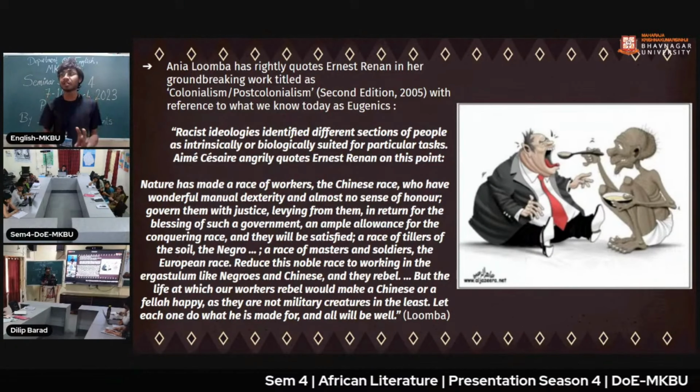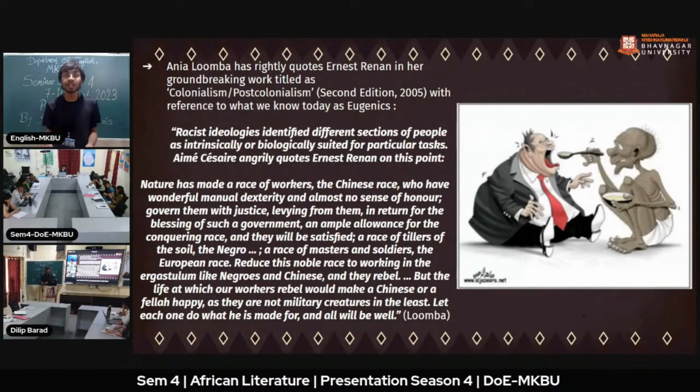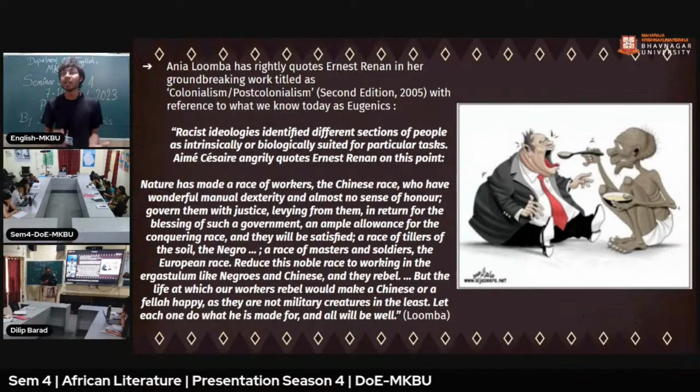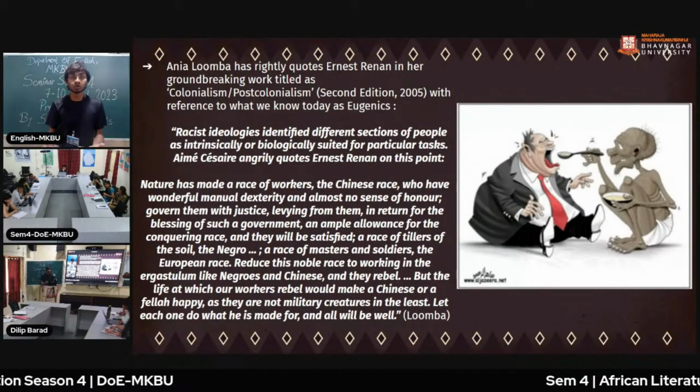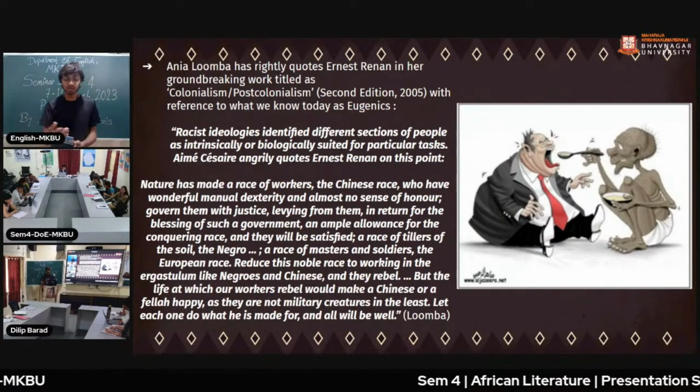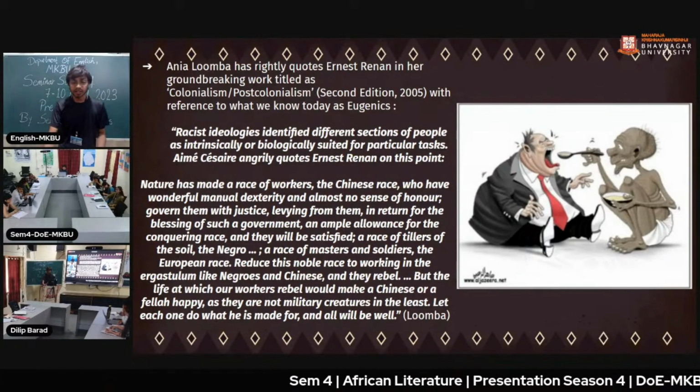So these two races, in terms of this political scenario, are very dangerous because masters are there to rule, and who will protect them? The soldiers will protect them. At the cost of whom? At the cost of the people who are going to be ruled by the masters and the soldiers as well. This is the thing there, and let me move further.